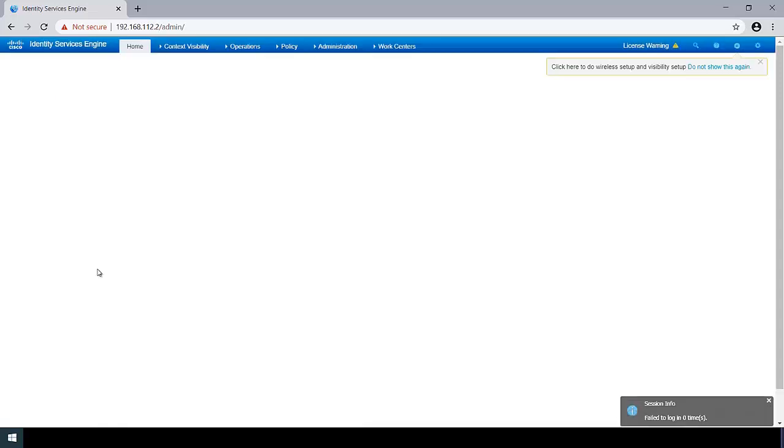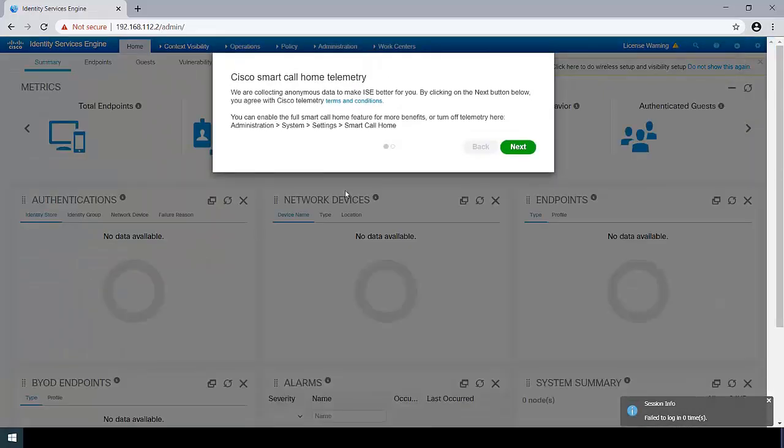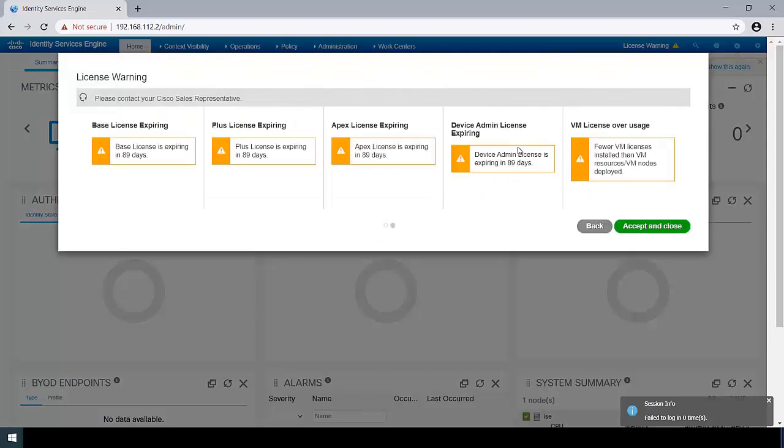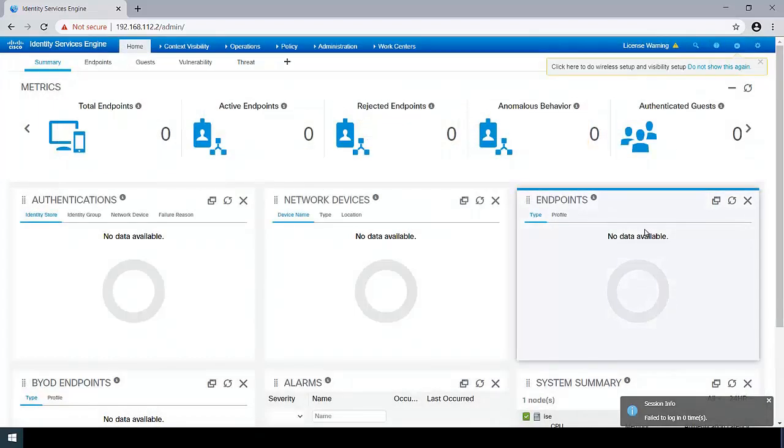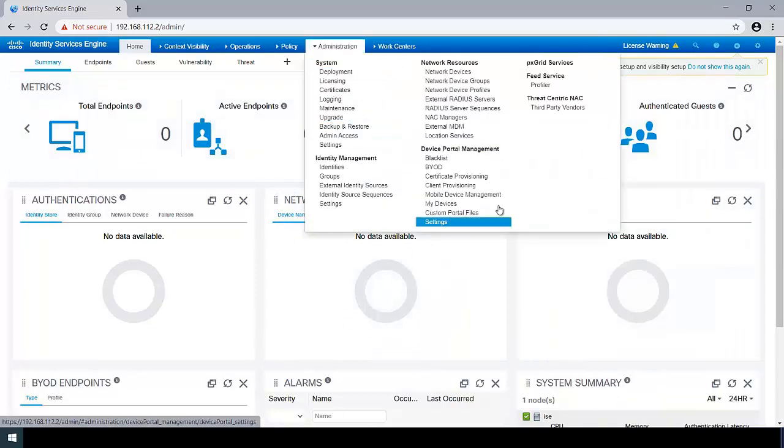So it will be a little laggy on PC, but it still works good for our lab purposes. Initially, we will get a 90-day license, which is also called an evaluation license. So we have enough time to work and learn new things on ICE. So this is the ICE dashboard.